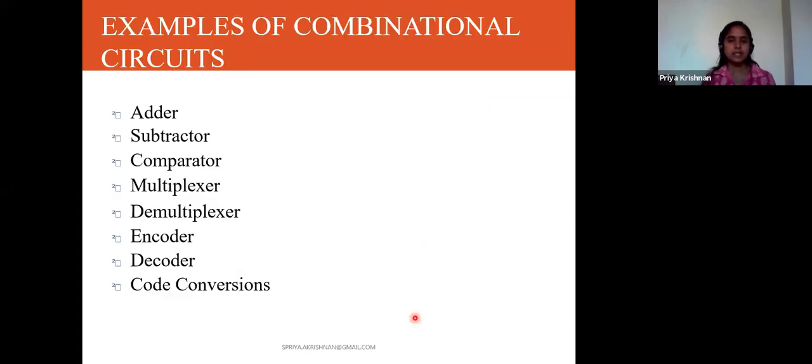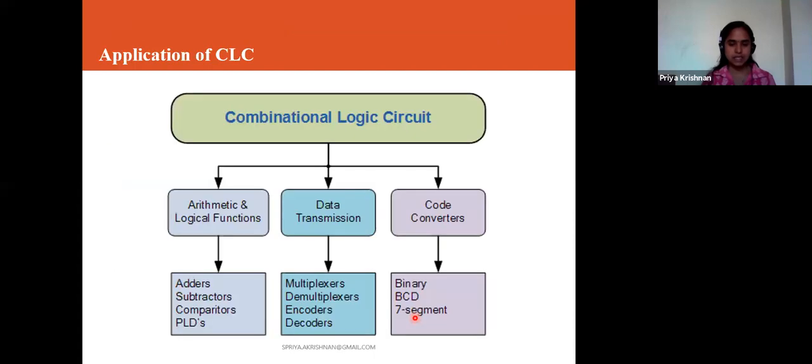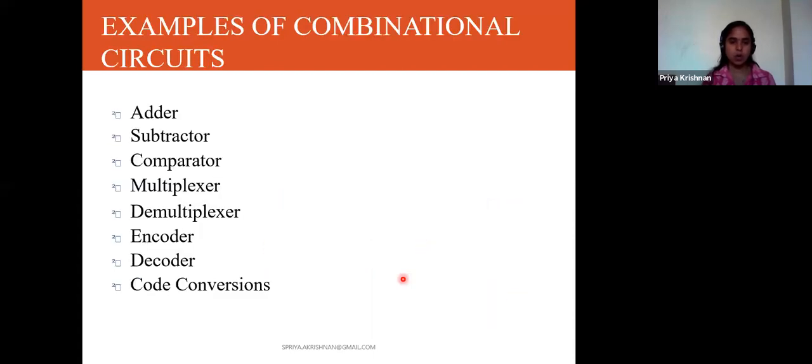See, examples of combinational circuits: all the applications we discussed in these slides are examples of combinational circuits: adder, subtractor, comparator, multiplexer, demultiplexer, encoder, decoder, and then code converters. All these are examples of combinational circuits.